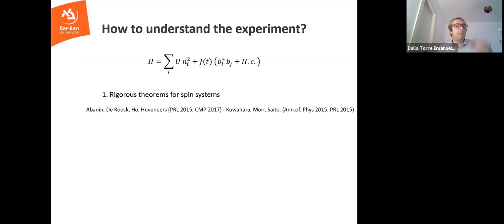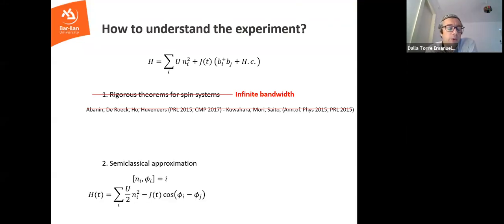For a spin system, you can have up to some amount of energy per site. The energy density is bounded. You can have only a limited amount of energy per particle, and that's where all these theorems apply. But in this case, you can have an infinite amount of energy per site, so you cannot apply those theorems. It turns out that there is an exponential suppression even if the theorems do not apply. There is no rigorous bound on the absorption, but still the absorption is exponentially suppressed. And you can ask why.